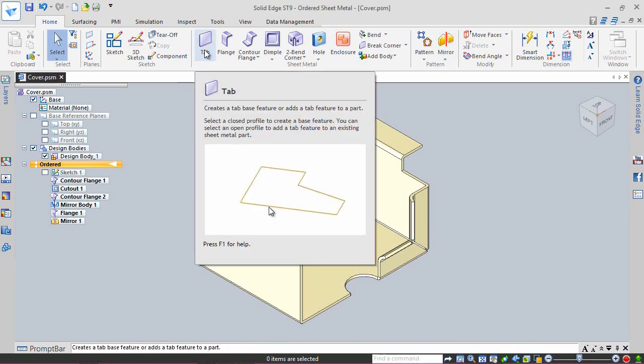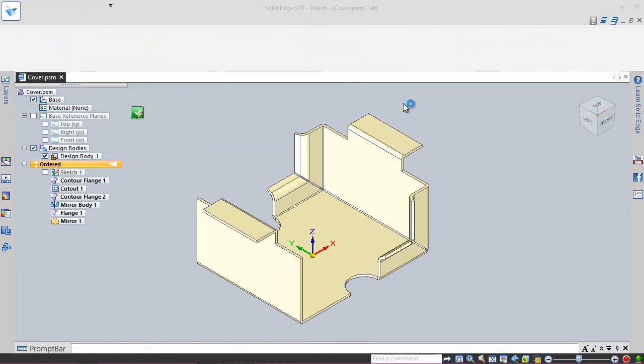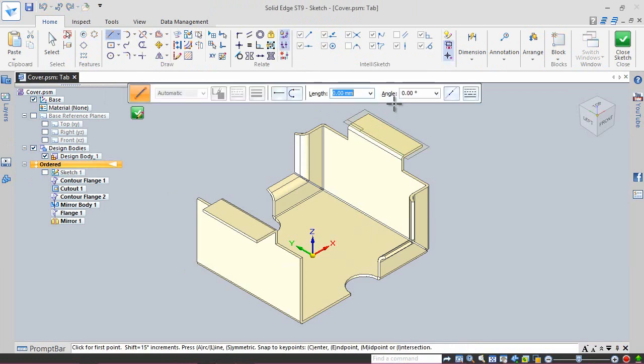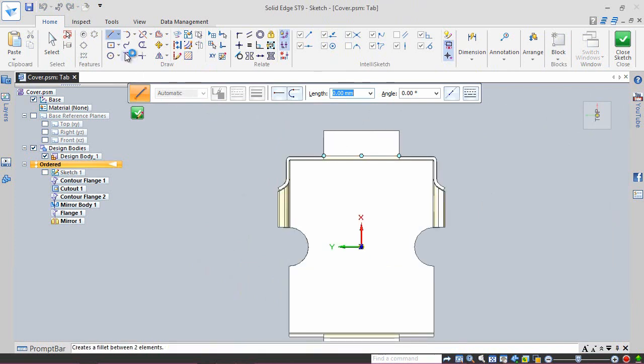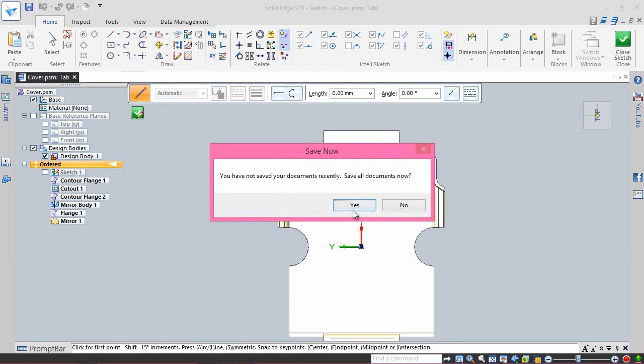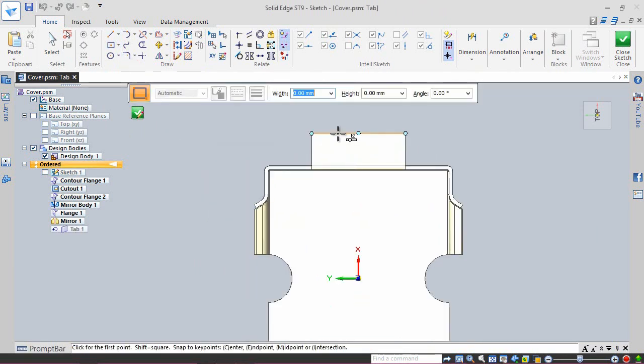Activate tab tool. First, we need to create a sketch, so select this plane to draw a sketch profile. Draw a rectangle coincident with the following edge of the model and apply dimension on it.